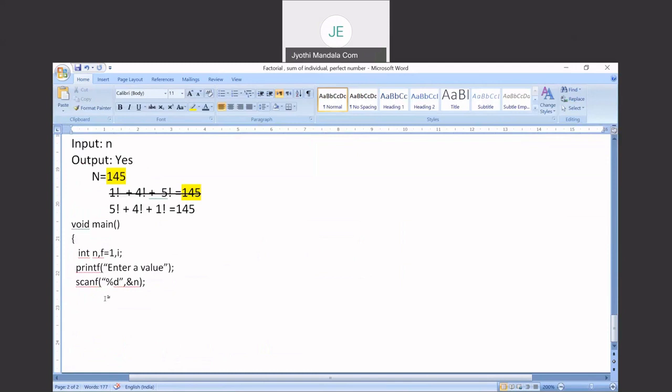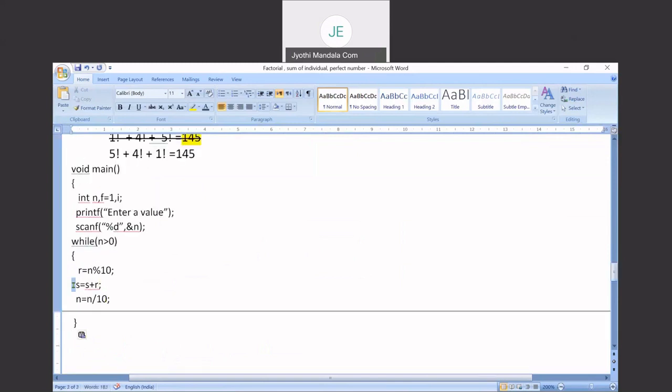Okay. Observe carefully what I'm doing. No need to find out the addition sum. Just we want to get the R value, the remainder value. Once this remainder value is available with you, what do you mean by remainder? This 5 for the first step. Now for this R we need to find out the factorial, isn't it?